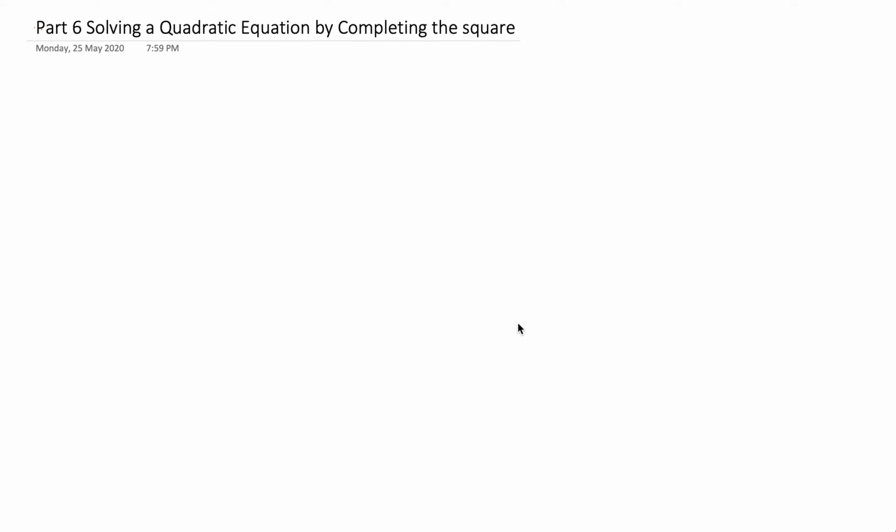We are still studying the basic concepts of quadratic equation and the different methods of solving quadratic equations. So this method says solve the quadratic equation by completing the square. Okay, solve the quadratic equation by completing the square. Let's understand this method with a very simple example.